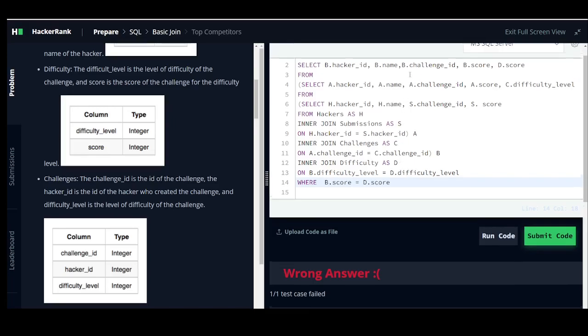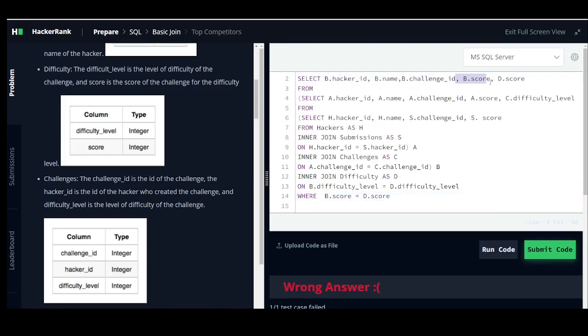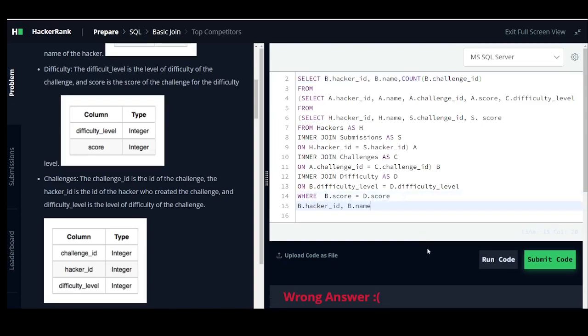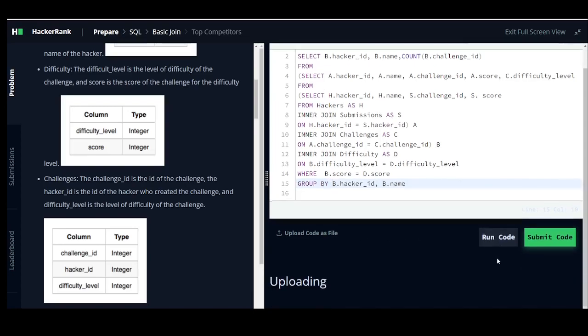So let me remove these for now, as we have used these in the where condition. What I will do is count. So for this we will use the count function, and I will use this in group by condition, right? So group by this. All right,